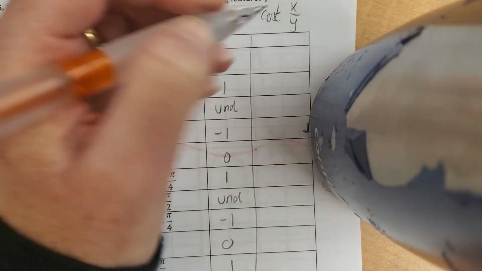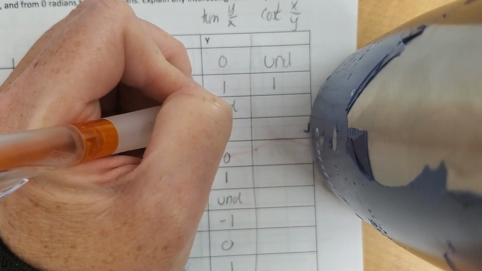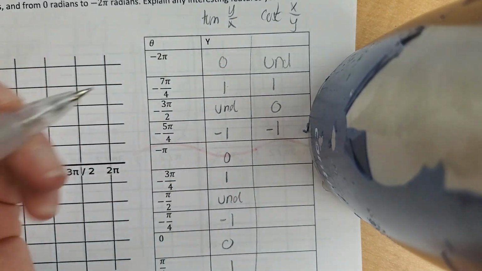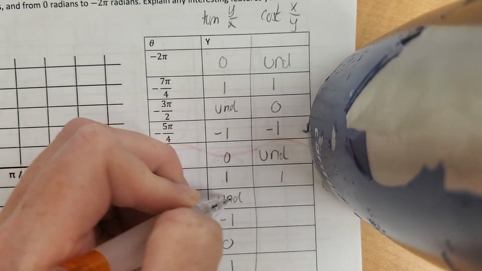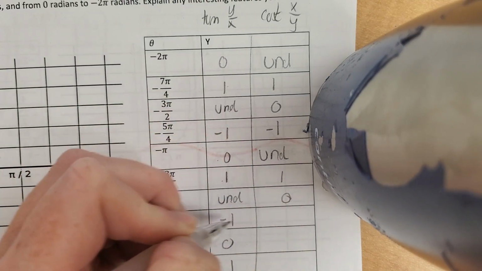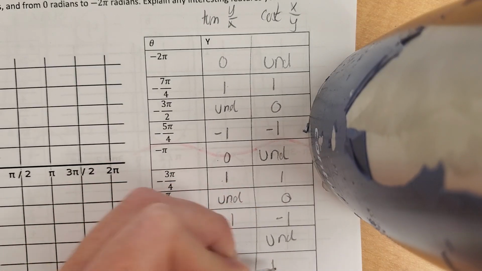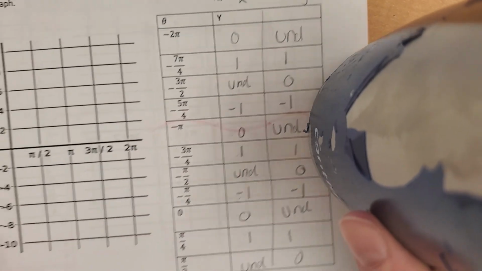So if we do the reciprocal of 0, we get undefined. Reciprocal of 1 is 1. The reciprocal of undefined would be 0. Reciprocal of -1 is -1. Reciprocal of 0 is undefined. 1 is 1. Undefined is 0. -1 is -1. 0 is undefined. 1 is 1. And undefined is 0. And so graphing this,